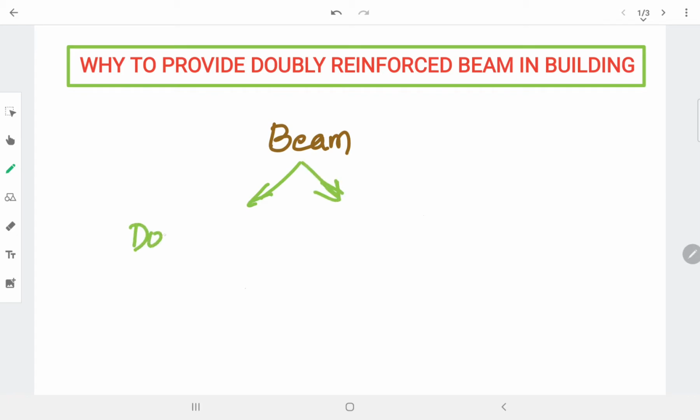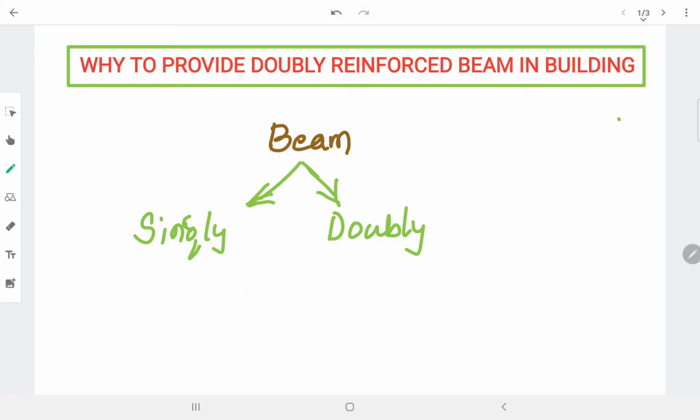One is the singly reinforced beam. Another one is the doubly reinforced beam. So before going to discuss why to provide a doubly reinforced beam in a building, first we must know what exactly singly and doubly reinforced are. For that we have